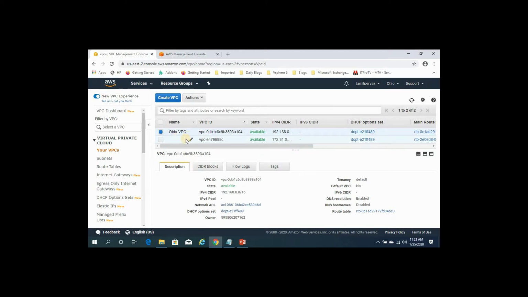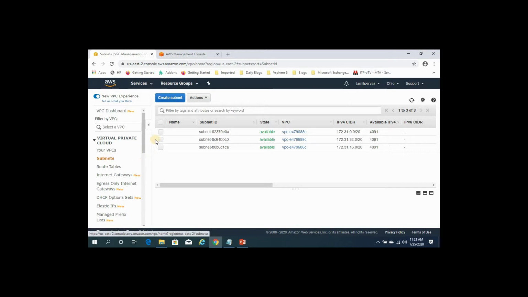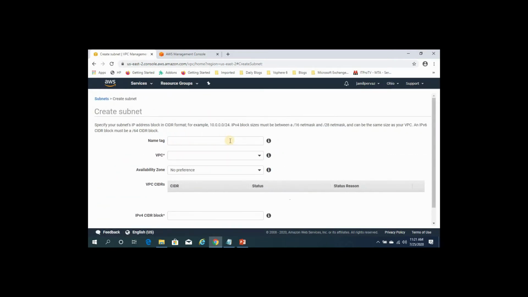So the next step is we need to create subnets. Select subnets, select create subnet. Type a name. I am giving Ohio subnet because it's in the Ohio region. For VPC, select your Ohio VPC, the one we have created.